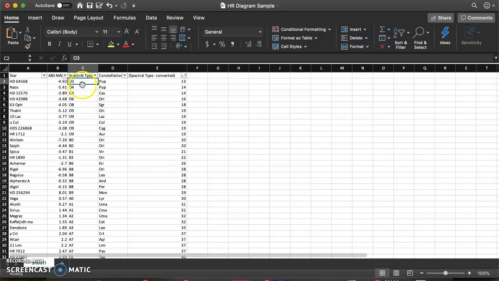So when I'm looking at that classification converted, I have an O3, for example. That now is a 1-3. I have an O6, that's now a 1-6. All right, so once you have all of your data together, what you need to do is select your absolute magnitude column,